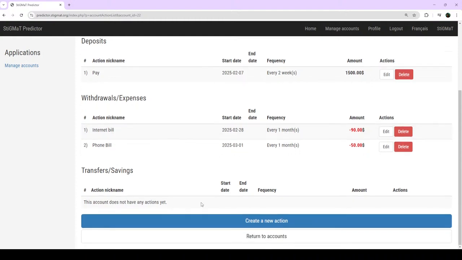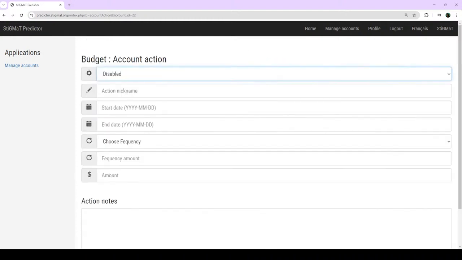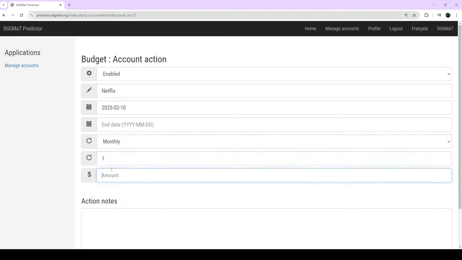Let's add Netflix now. So let's go create action. Put a Netflix entry. We're going to enable it. We're going to say that Netflix is on the 10th of the month. Once again, monthly frequency is going to be 1, and it's going to be $15, so